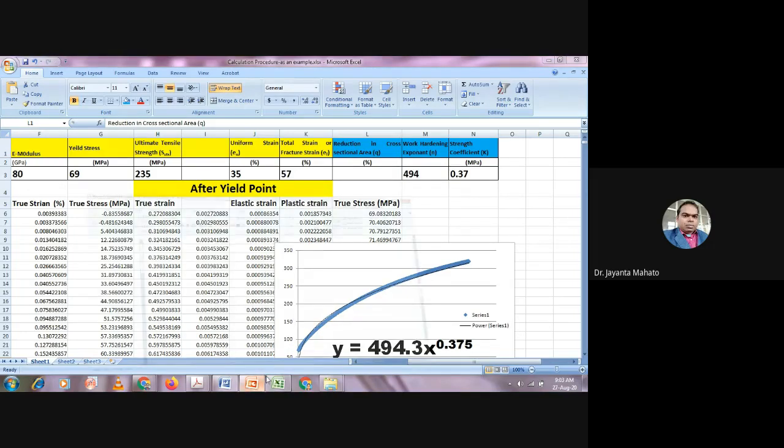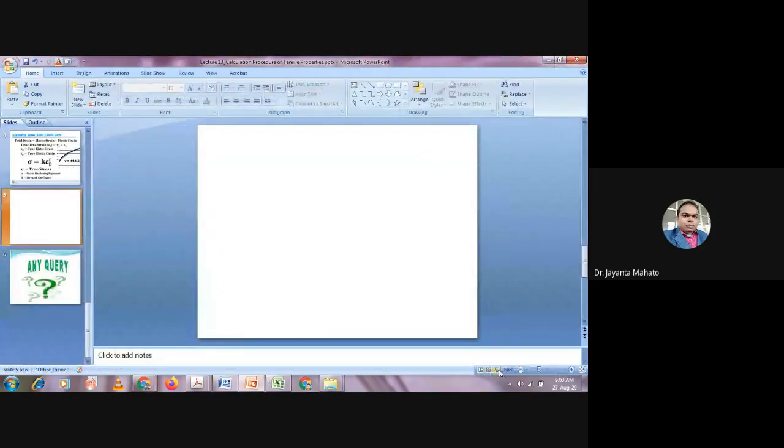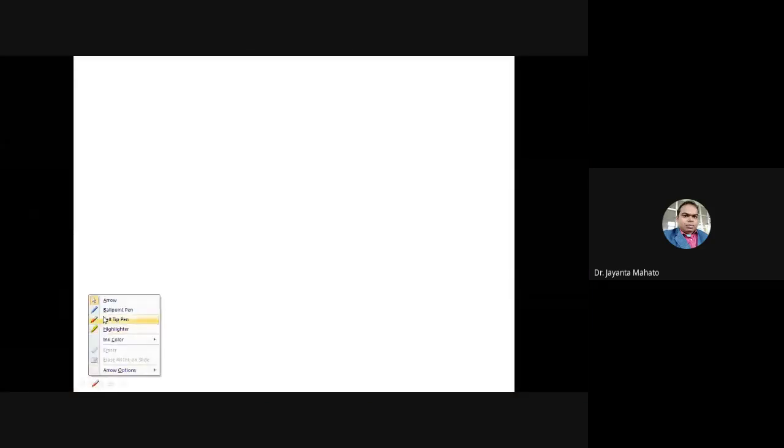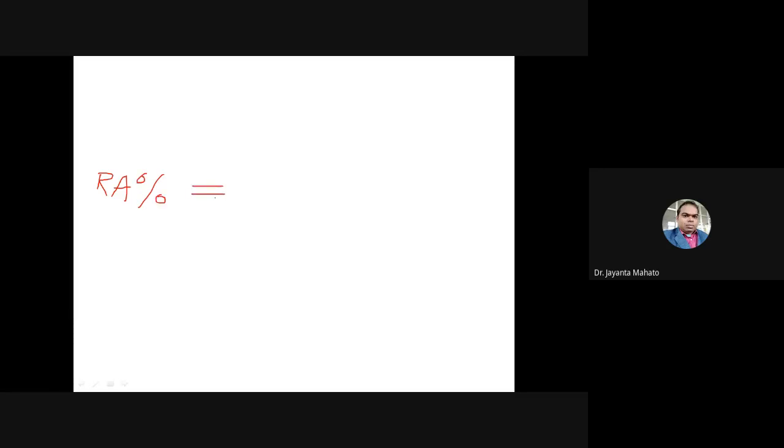So this reduction in cross sectional area, if it is expressed in RA, reduction in area in percentage, this RA is nothing but the original cross sectional area of the material minus the area after the fracture, divided by A naught, the original area, and multiplied by 100.